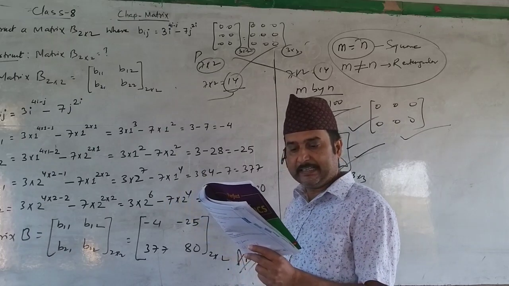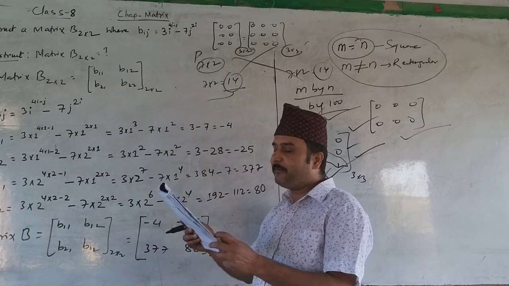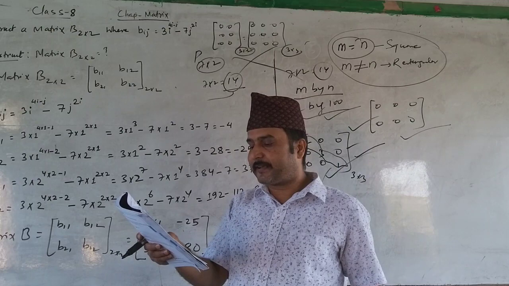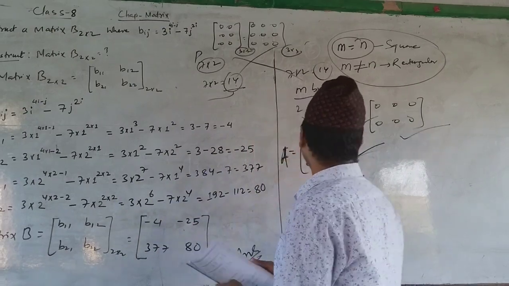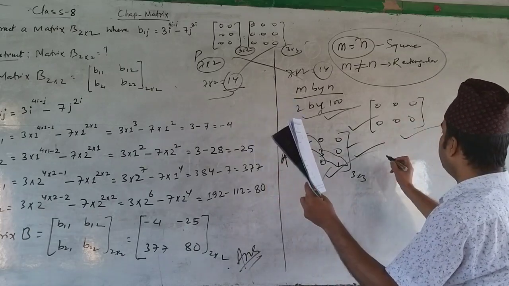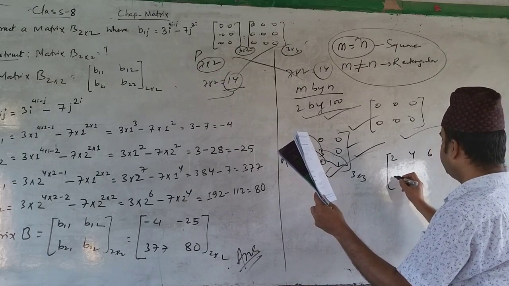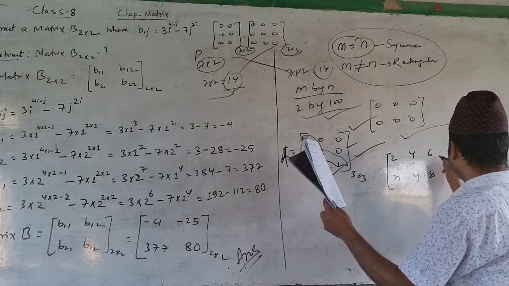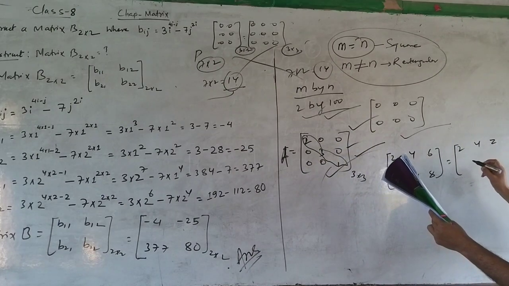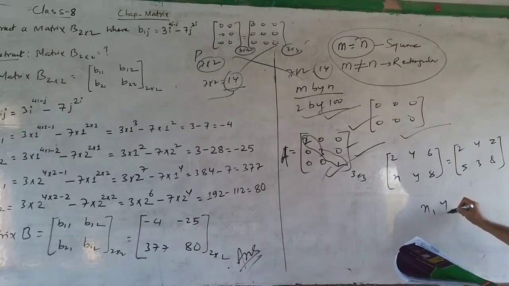Go for next. Now we have question number 11 and question number 12. Yesterday we solved question number 11, which relates to finding the values of x and y. Two equal matrices are given to you. I will show you roughly because we already solved this problem yesterday. Here are 2, 4, z and here 5, 3, 8. You are required to find the values of x, y, z.